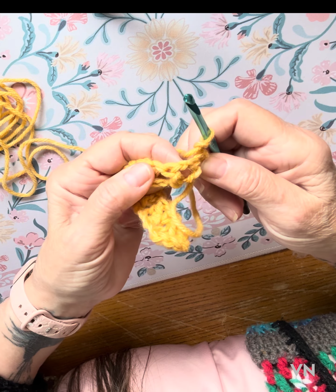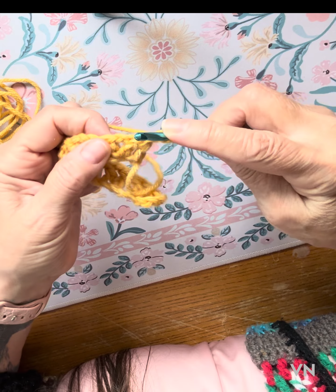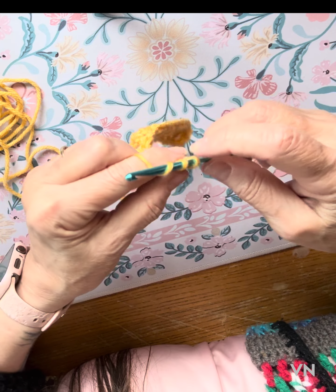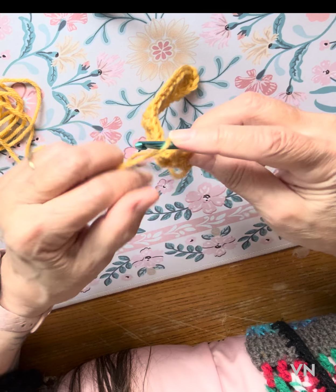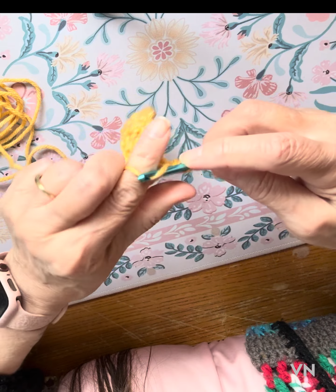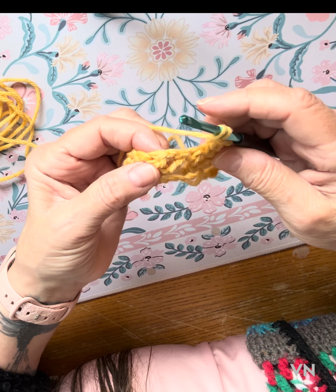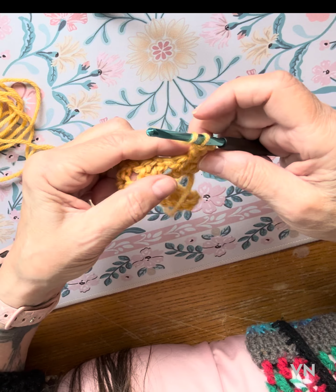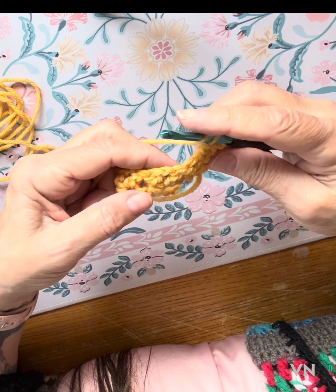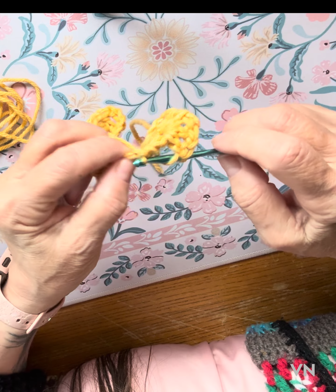Right here's where we're going to want to put the first double crochet. So you're going to do a double crochet into this V stitch right here, chain 1, and go back into the V stitch and do another double crochet. We're going to go into the next right away. You're not going to chain any. You're just going to loop that yarn over and move right over to the next V-stitch. Double crochet,